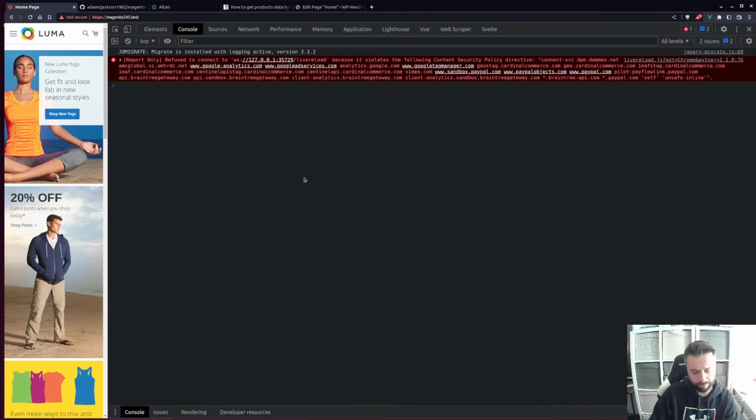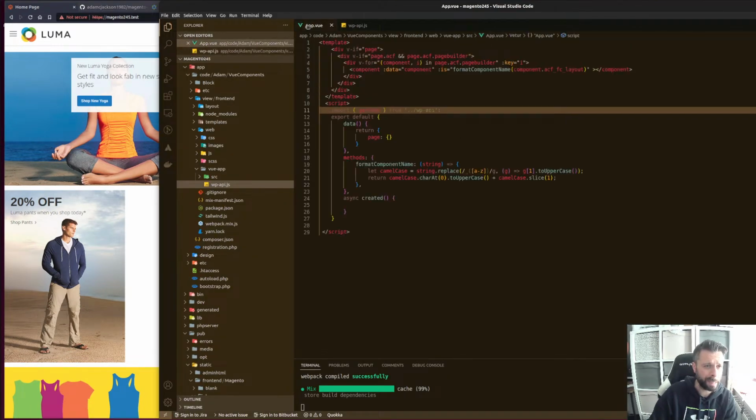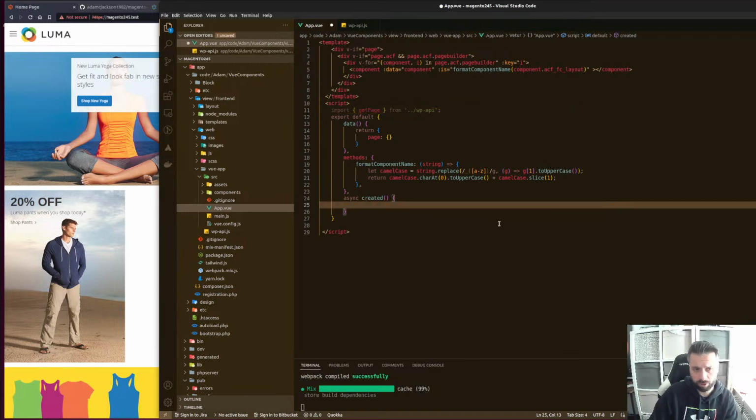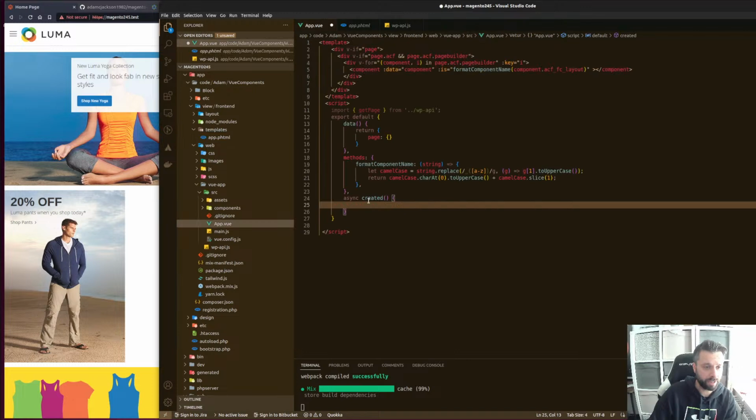Yeah, I'm not getting anything back yet because I'm not calling it correctly in my file. I think I'm going to get some CORS policy issues actually overall here, so I will sort that out in a second. And I'll show you what to do with that for the time being. So what I'm going to do is, and I did this in the last tutorial and in the live stream last week, I'm actually passing data from my app.html here, and I'm passing the page identifier, and I'm going to pick that page identifier up here,